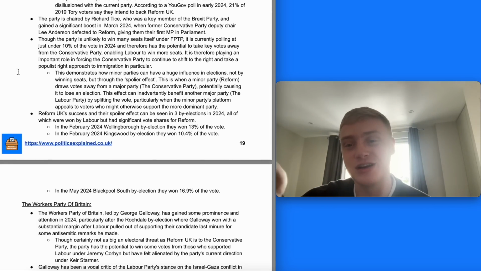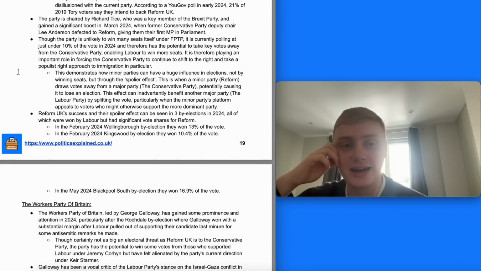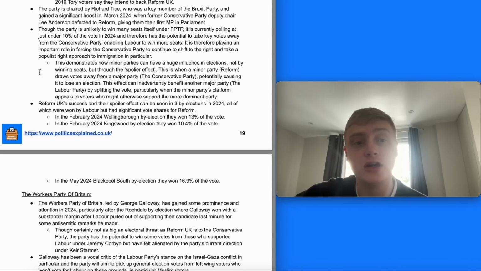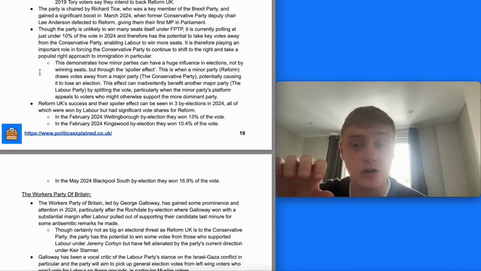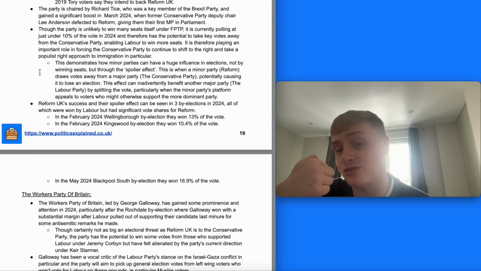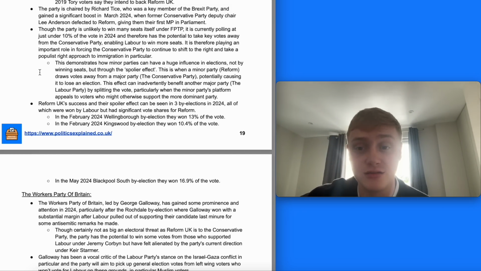Obviously, there's lots of other reasons why the Conservative Party might lose the next election, but this could be one of them, and it will help the other major party, the Labour Party, to win it. And that also explains how the minor parties can influence policy, because the threat of this spoiler effect influences major parties' policies. So they're forcing the Conservative Party more to the right, or making sure they continue to be far to the right, so they don't lose voters to Reform, which is a key threat to them in